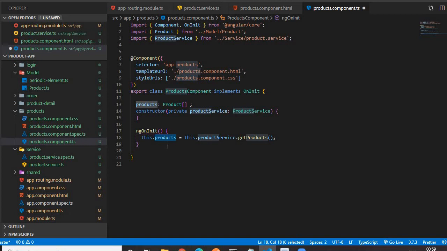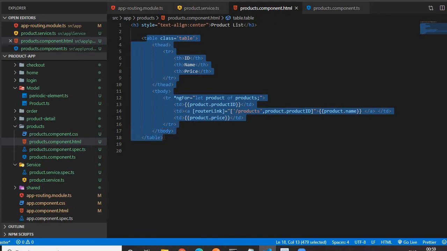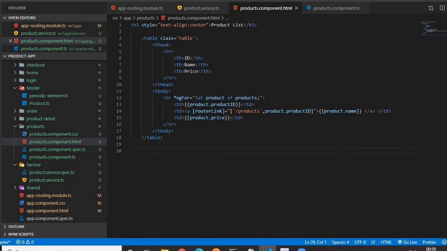Now we need to iterate through this array and display it in a tabular format. How we iterate, I already covered in my day 2 tutorial by using the *ngFor directive. We'll look into that again. In the corresponding HTML file, I have a table HTML tag in which I have defined the header of the table.